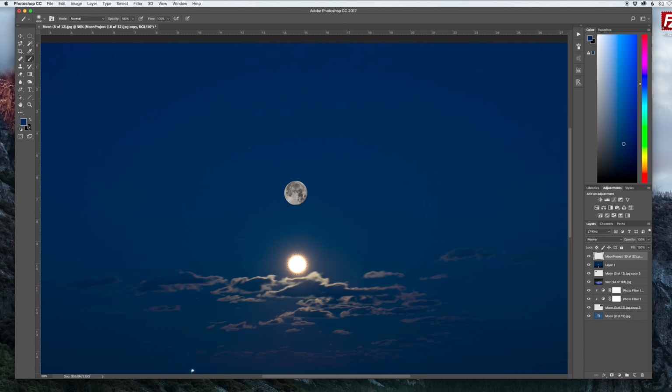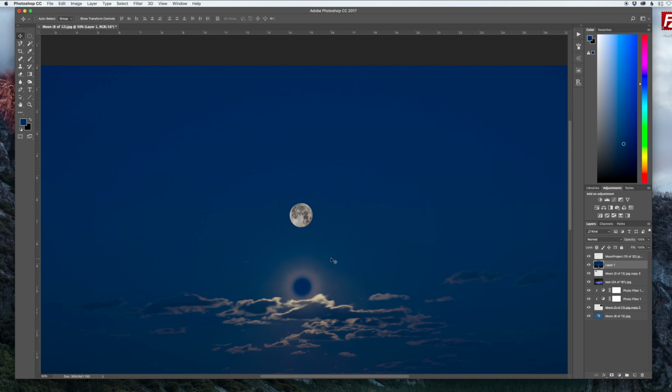and now we have our blue sky, and click on the layer of the actual picture, and we're going to paint this in just like that. Hit Command D to get rid of the marching ants. Now we could bring the moon over here,